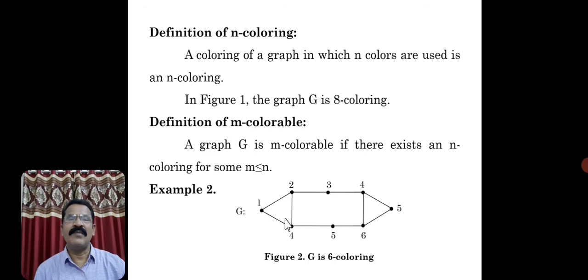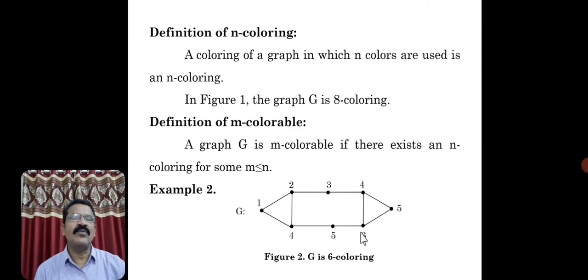So the same graph I have considered in the previous slide, where I used 8 colors. Now here again this vertex is colored with 1. So these two are adjacent, that's why I have colored with 2. So you can take this vertex. 2 you cannot use because these two vertices are adjacent. You have to use a different color. So I used 3. So here I used 4 because these two are adjacent vertices. I used 5 for this because these two are adjacent vertices.